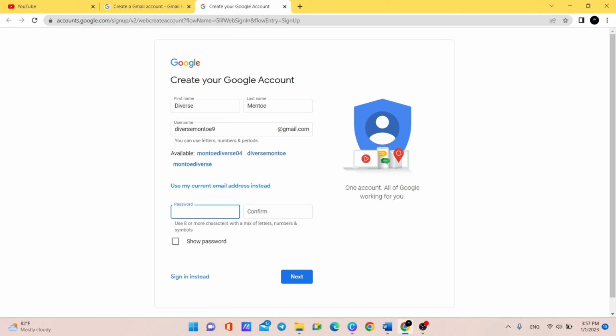And for the password, I recommend we can put lowercase and uppercase letters, signs and numbers like this. Example. Next,